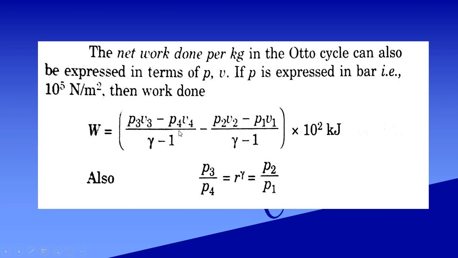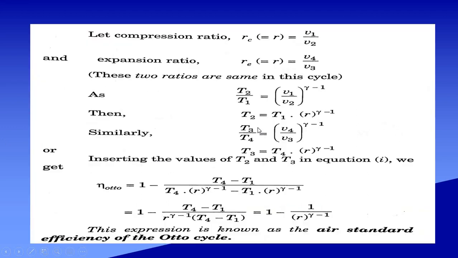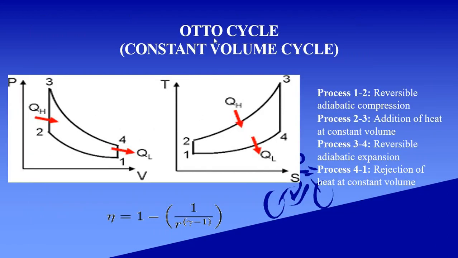So first we will find the formula for this work done. So you can see here, if you want to find the work done, work is a path function, we all know that. So if some area is given, you can easily find the work done. So here in this diagram, W is equal to P integral dV. We know that is the formula for work done.